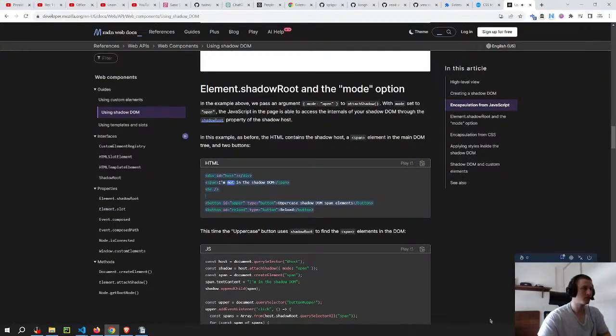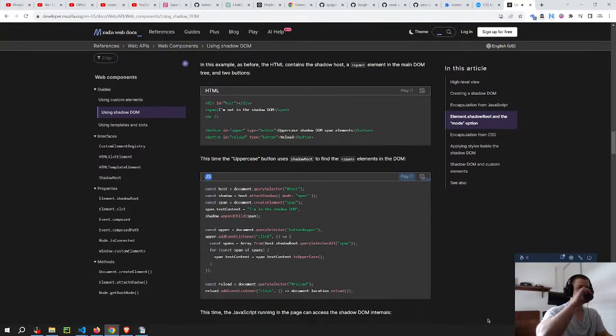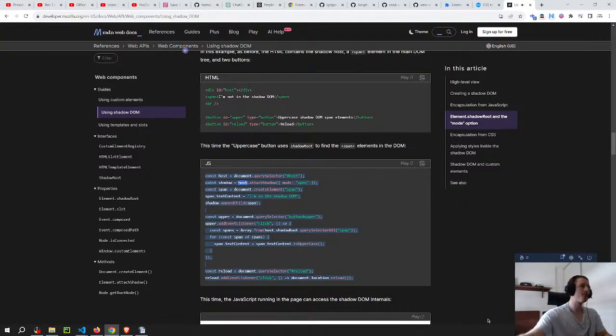div id=host, span I'm not in the shadow DOM /span, br, button id=upper type=button uppercase shadow DOM span element /button, button id=reload type=button reload /button. This time the uppercase button uses shadowRoot to find the span elements in the DOM. const host = document.querySelector('#host'); const shadow = host.attachShadow({mode: 'open'}); const span = document.createElement('span'); span.textContent = 'I'm in the shadow DOM';